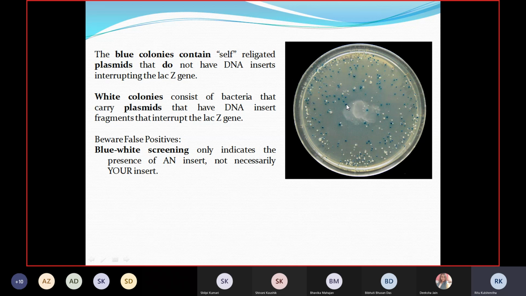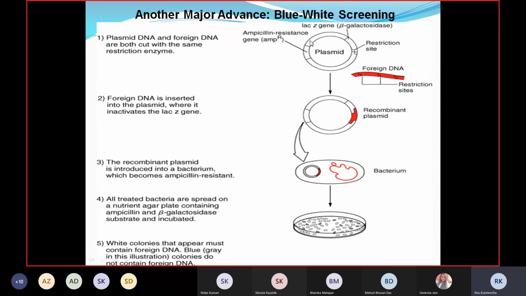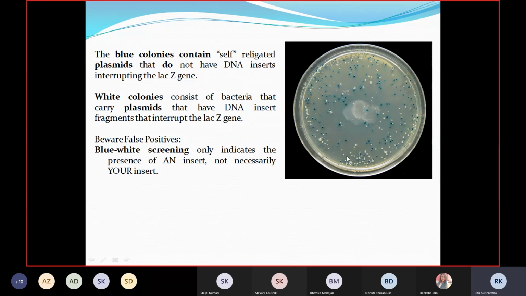But at the same time, just because you got a white colony, please don't be happy that for sure your gene of interest has been cloned. Even if some other DNA is present as a contaminant in your ligation mixture, and it gets ligated in this MCS region, it will interrupt the alpha peptide, and as a result you will get a false white positive. So it is important that if you get the white colony, you screen 3-4 white colonies,